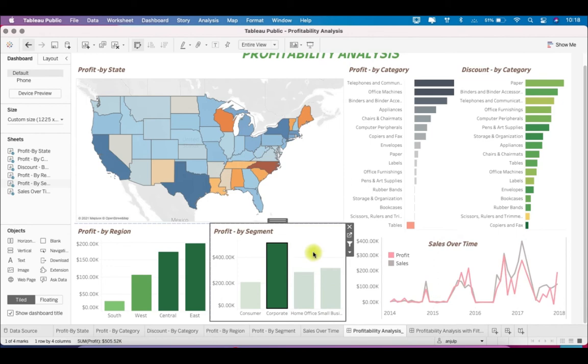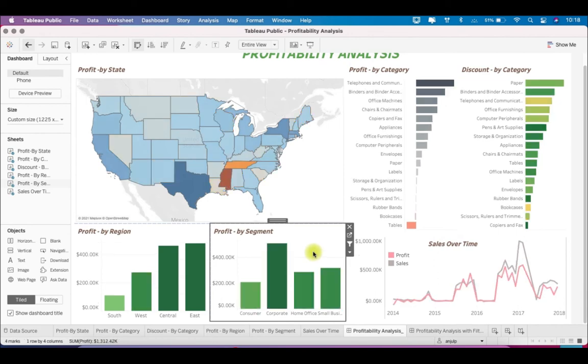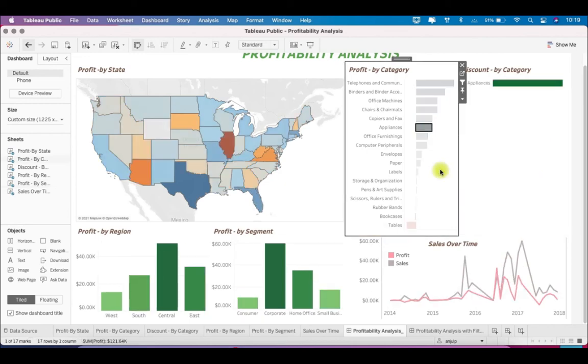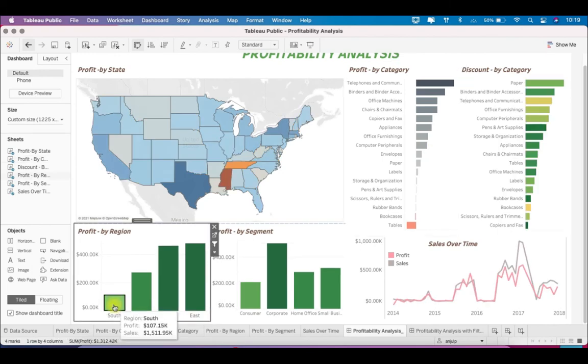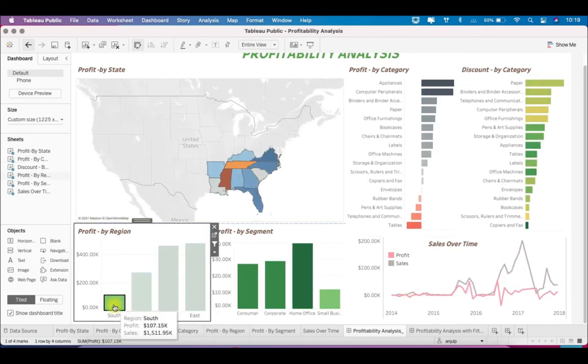And if I click anywhere else on this sheet, it will be restored to the original position. If I click here, let's say appliances, every other sheet is filtered as per the appliances filter. If I click on region, let's say south, everything is filtered.